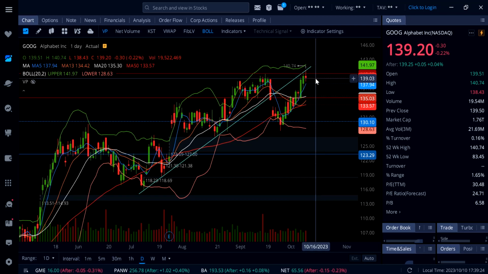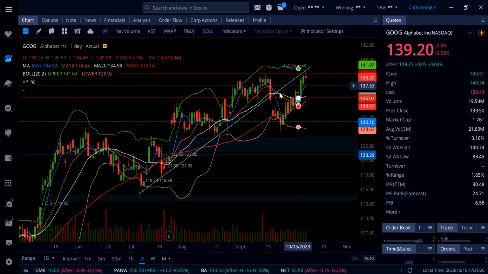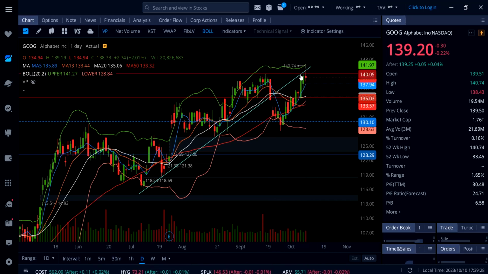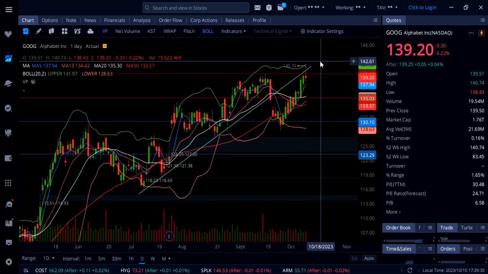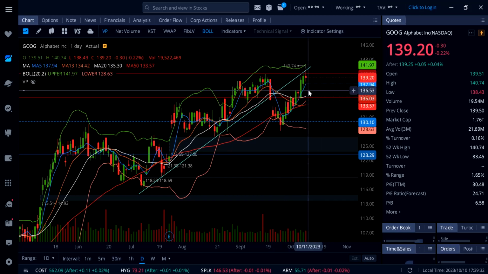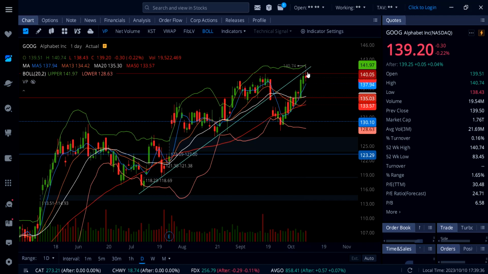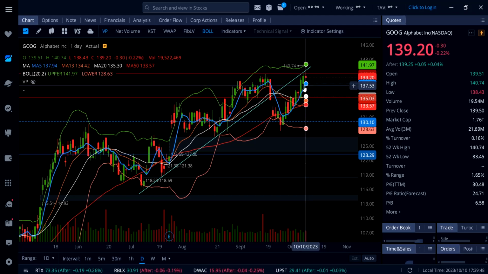Google stock, it needs to get above 140, and only if that happens, 142 to 145 possible. Or we could see, I mean, we got a doji indecision candle, so we found buyers, we found sellers, and someone is going to win. If this thing cannot get that breakout, you're going to see a dump off down to 137.94